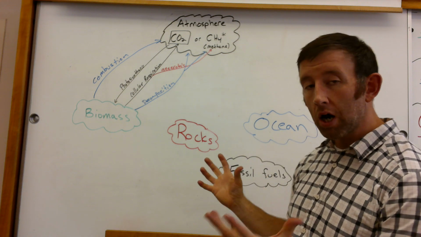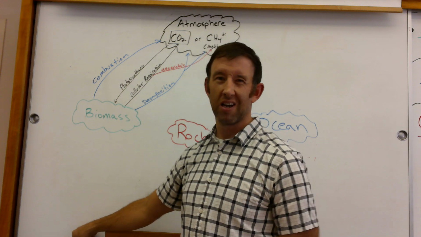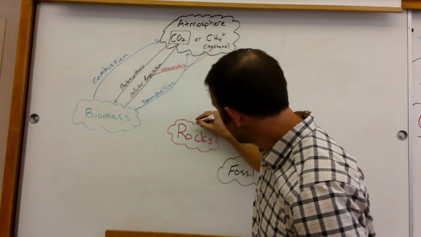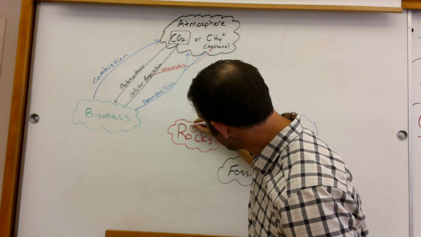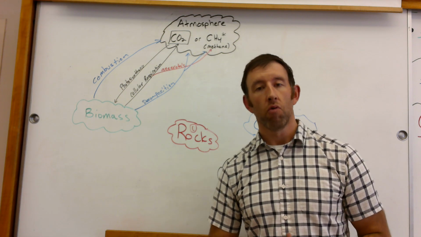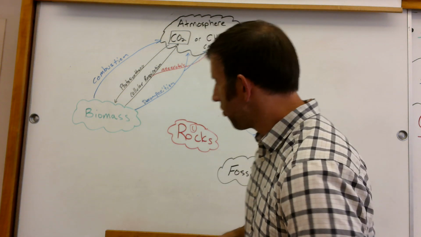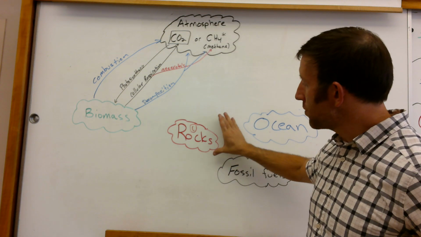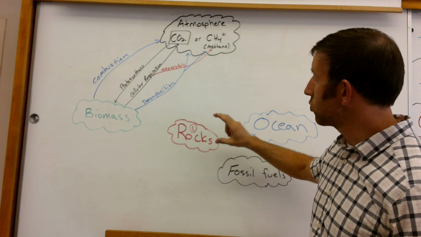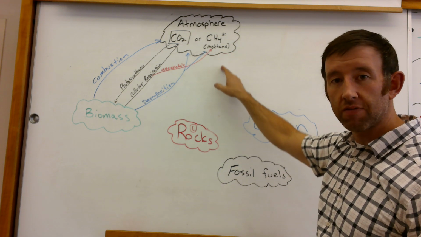But we have carbon-containing rocks. Maybe I should indicate that, right? I'm going to put a little C in a block there, saying that we have rocks that contain carbon, all right? Now, the ways that carbon can get exchanged, right, between rocks and the atmosphere and vice versa, or even